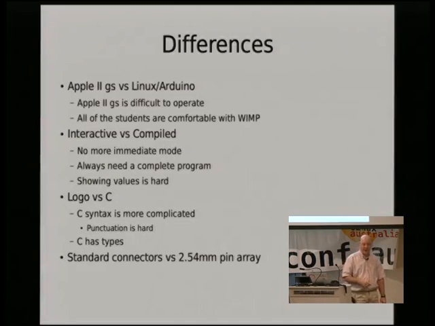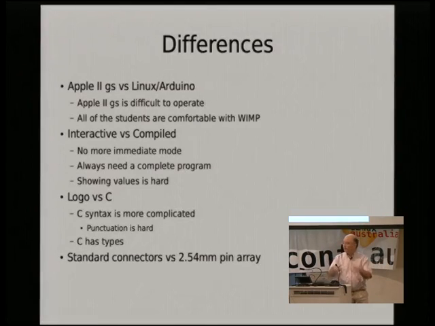When we moved to the compiled environment, there is no immediate mode. You always need to have a complete program, right? You can't just have a little program fragment. There's no way you can say, oh, I'm going to write this little function and call it from the, what? Yeah. The other big problem is that